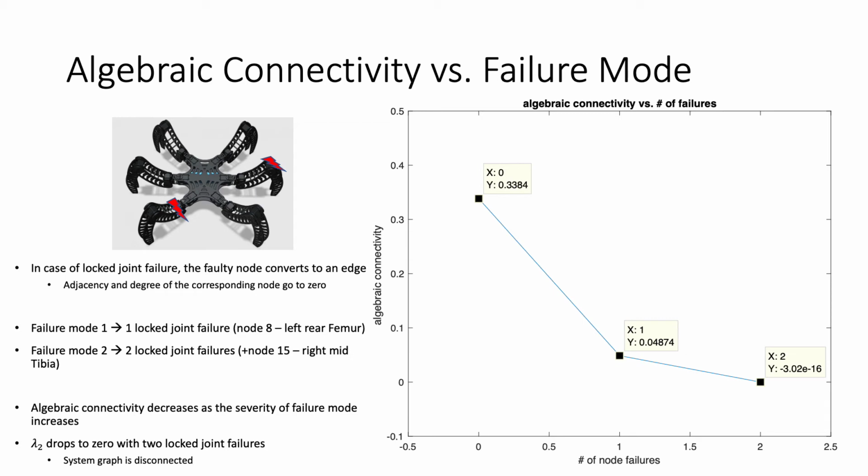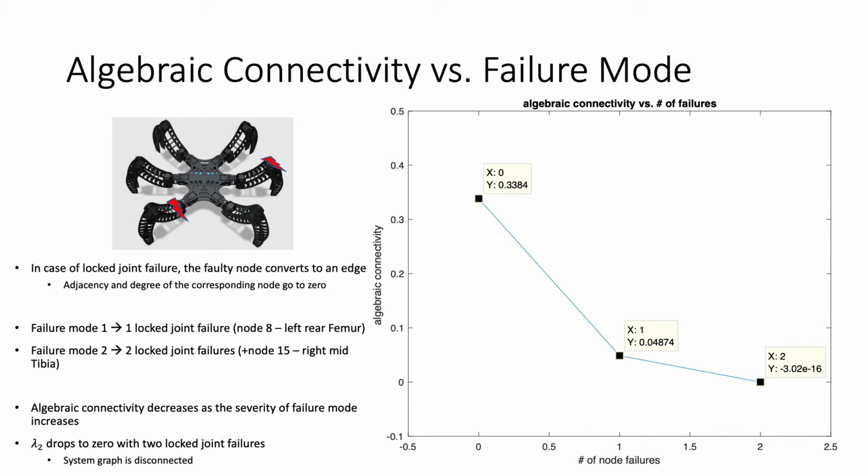So to start, when a joint is under locked joint failure, meaning it is no longer controllable, that faulty node simply becomes an edge, and the adjacency and degree of the corresponding failure node will go to 0. In the case of one failure mode, let's say node 8 is no longer controllable, we see that the algebraic connectivity reduces down to